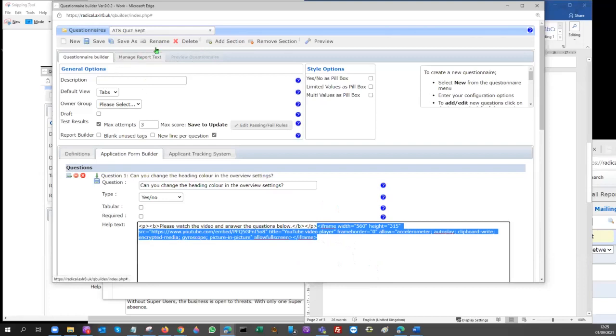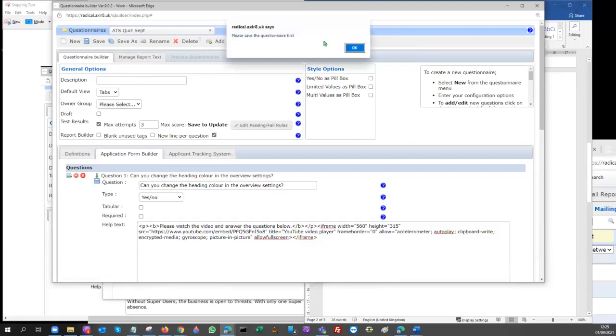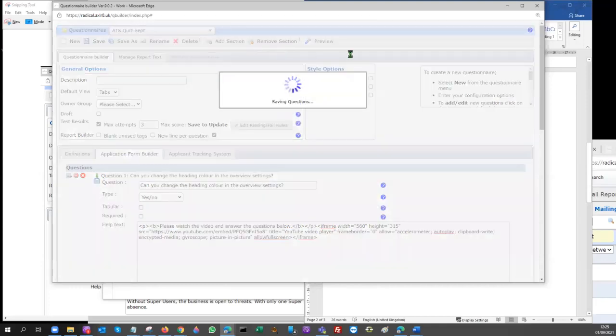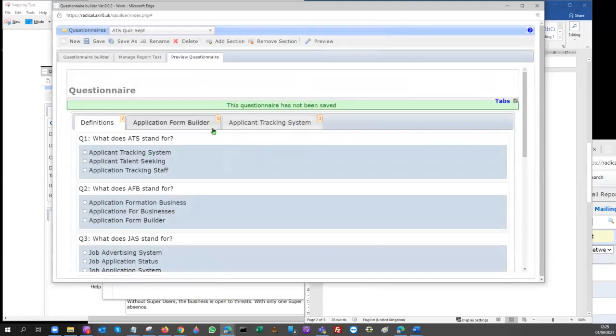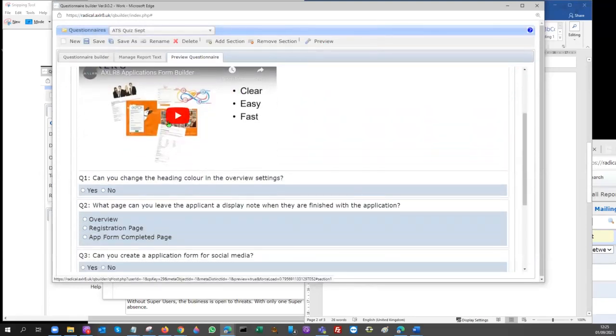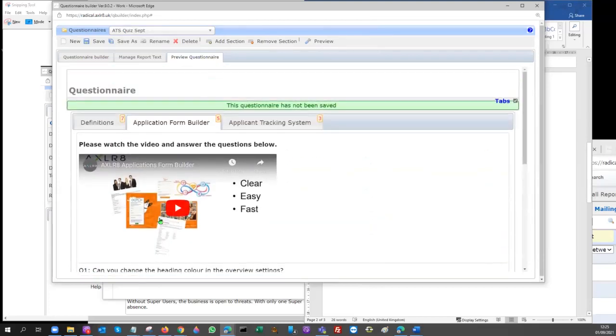so that if I preview this questionnaire like this, and I go to this page, you can see that I can press the video, watch the video for 2 minutes. I think this is Jack's video on how application form builder works. I think it's two minutes or something. And then you can answer the questions. So it's very easy to plug a video into your e-learning,